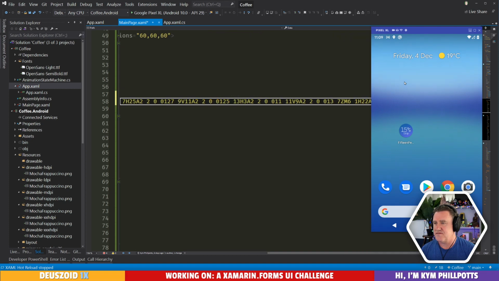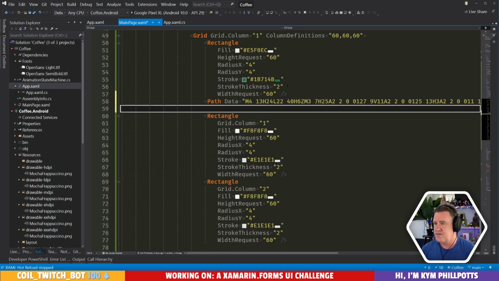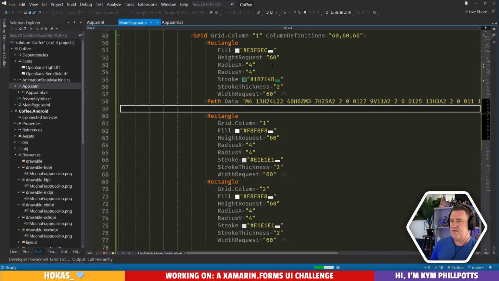Let's see what happens if we put this path data in. Let's have a look. Let's spin this puppy back up. Let's see whether that works.